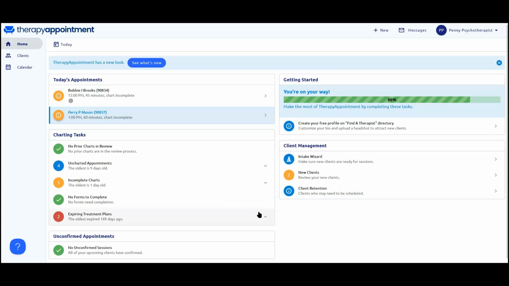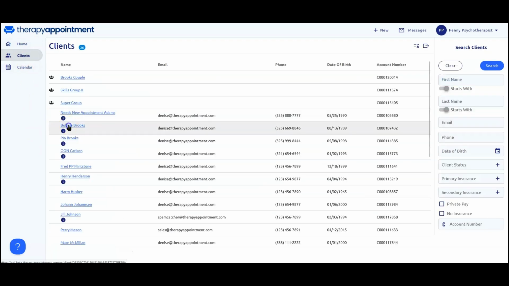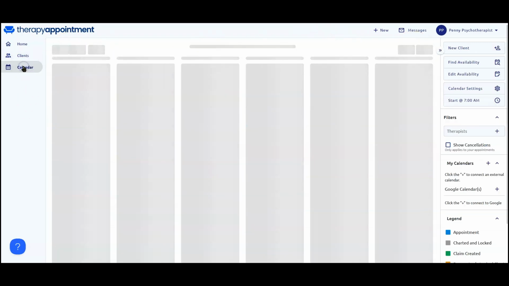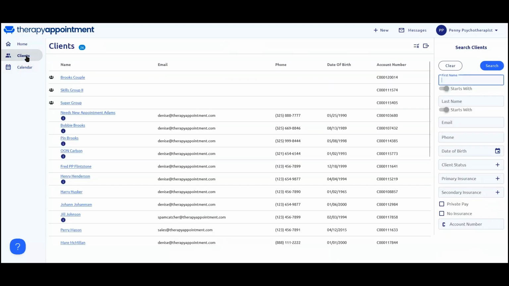So this is a look at the dashboard screen. I want you to note there is no access to billing screens here. If they go to a client's profile, there is no access to billing screens on the profile. There is no access to reporting or settings. What the therapist can see is their own schedule, their own clients, their messages,